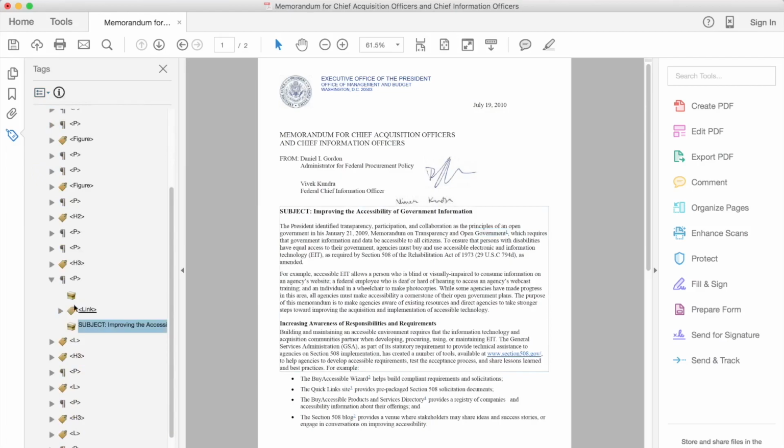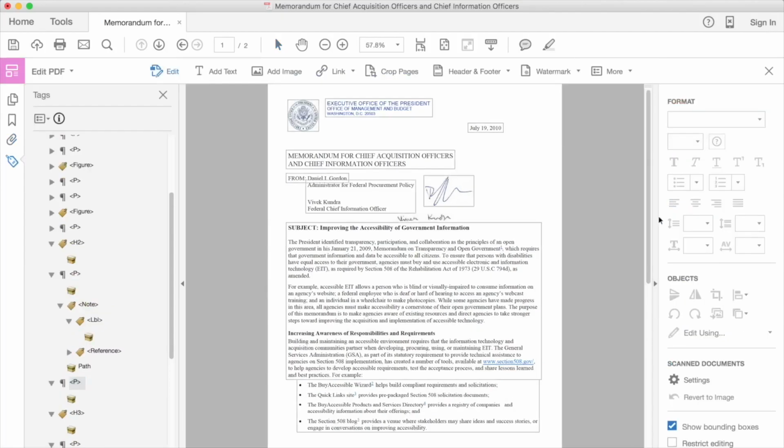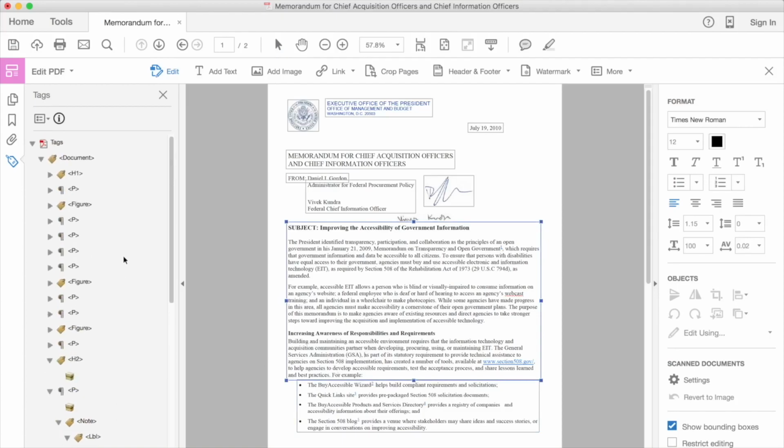In fact, this is also happening to our H3 above it, and the P tag, and the Note tag as well, even though we only checked out the color of a couple pieces of text. What happened is that the content in our tag tree identified a change in the actual content. Since the change occurred in the content that was associated within the edit box surrounding the content we were looking at, any other content that is inside that box becomes affected.